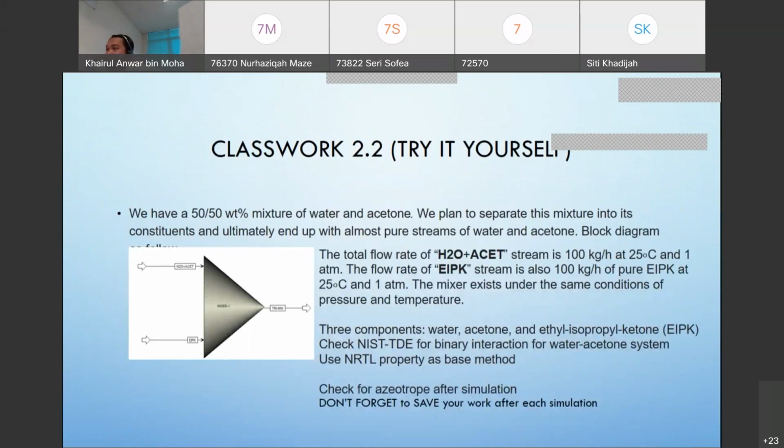Classwork 2.2. We have a 50-50 weight percent mixture of water and acetone. We plan to separate this mixture into its constituents and ultimately end up with an almost pure stream of water and acetone. Block diagram as follows. The total flow rate of the H2O-acetone stream is 100 kg per hour at 25 degrees C and 1 atm. The flow rate of